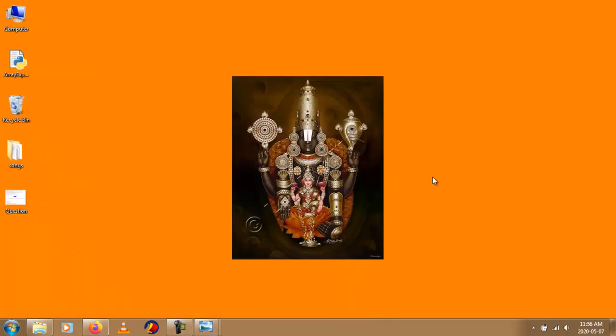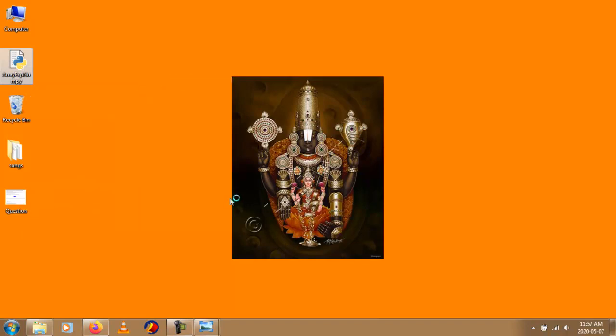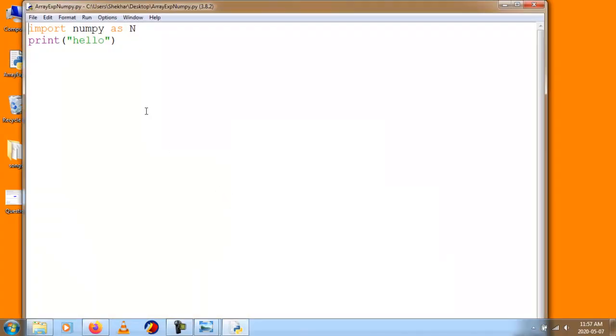So before writing code, in our system we require 2 things. First one, Python, and thereafter we need to install a module called NumPy. In my system I have installed Python and module NumPy. If you don't have NumPy module, then you need to install NumPy by using the command called pip install numpy.